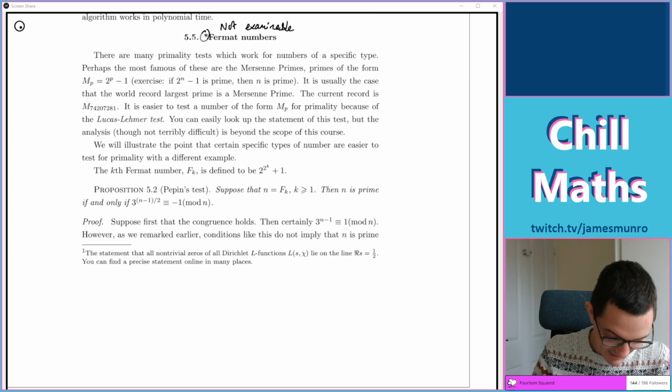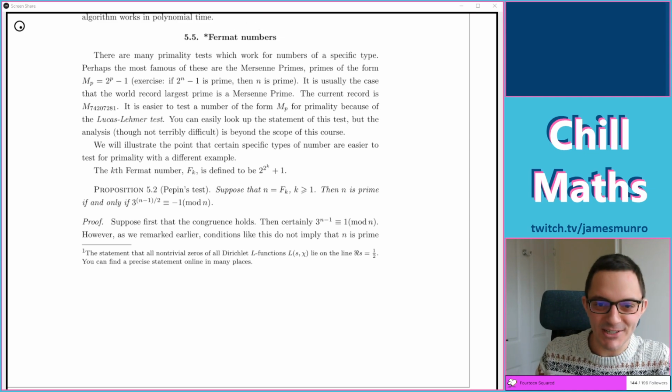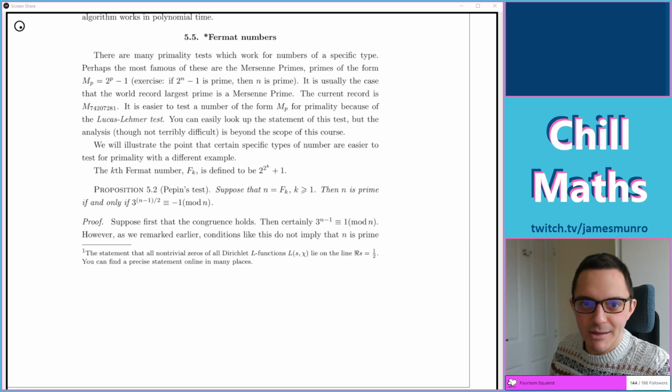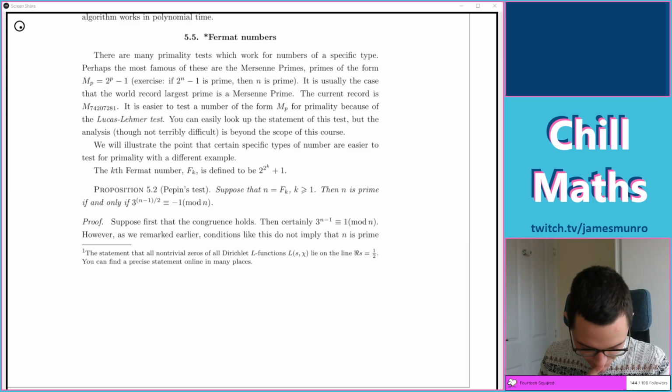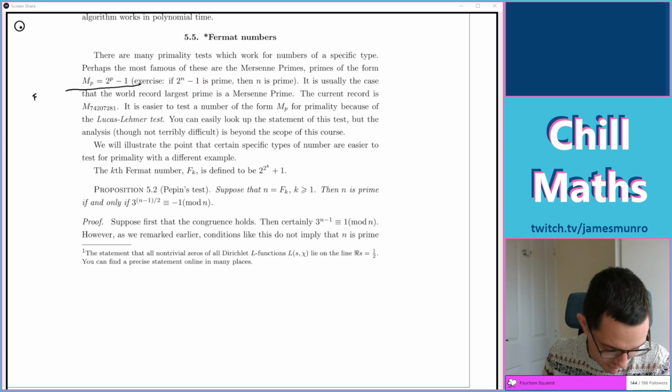And it's all about Fermat numbers. And it's got a kind of funny punchline. So I'm just going to quickly show you this. And I'll try and point out bits that I would like to understand better along the way. So there's Mersenne primes, which are these ones, 2 to the p minus 1. And this exercise, by the way, if 2 to the n is prime, then n is prime, that exercise is in the further reading. I put that in the further reading for this week's Maths Club.